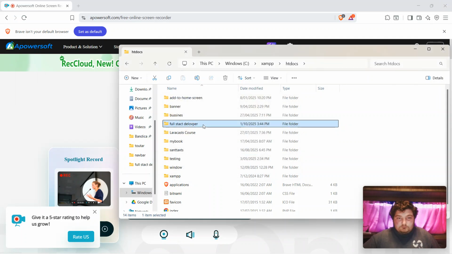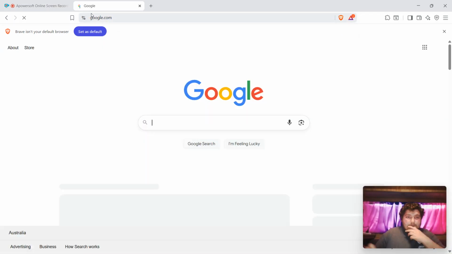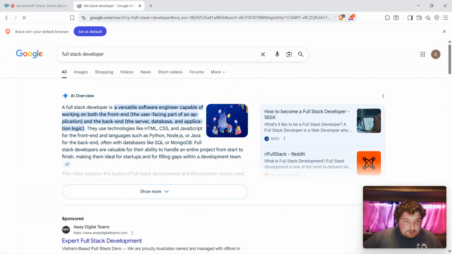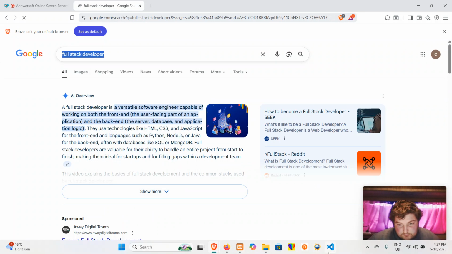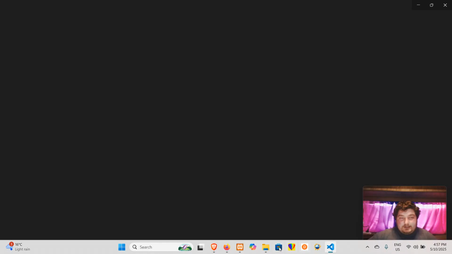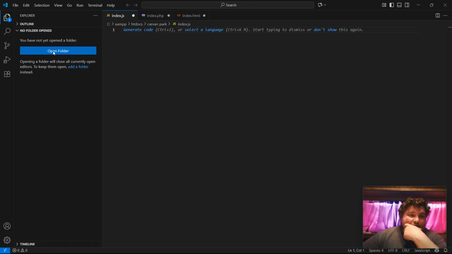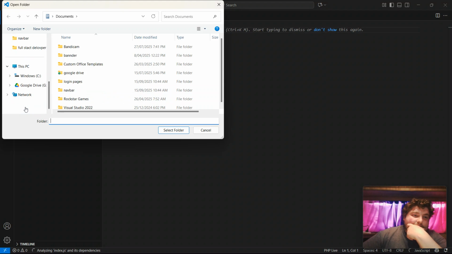There we go. We'll probably Google full stack. Okay, so we're going to call it full stack developer, and the name of the video will be full stack developer. Actually have to close all these, so we open the folder,